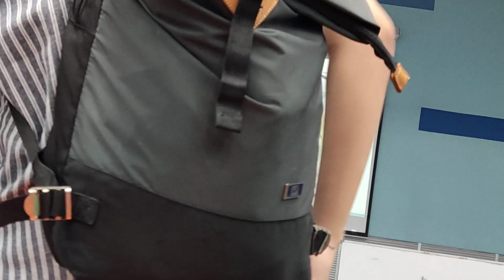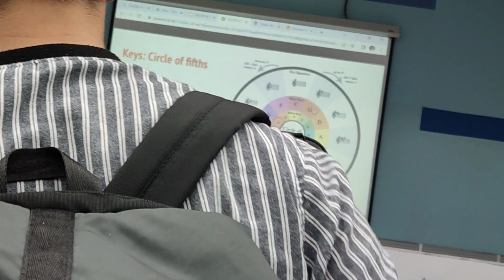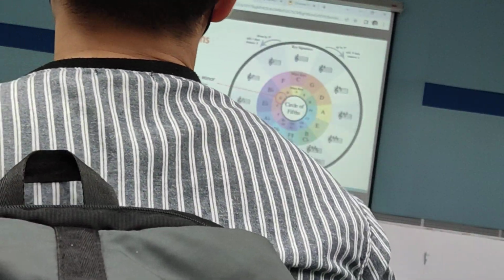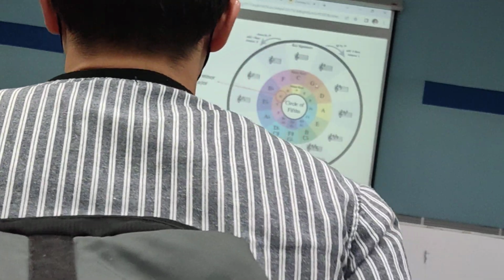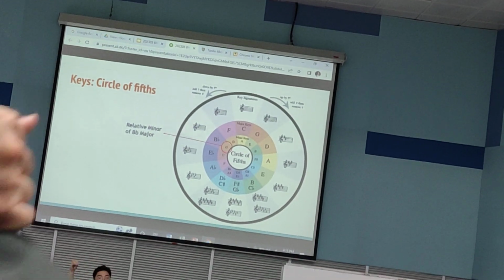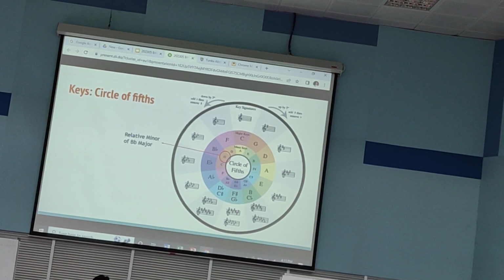Okay. Now if you calculate, the first one is C, and we go to the right-hand side, the next one is G. You go C, D, E, F, G. So it's 5 steps apart. And then we go from G to D: G, A, B, C, D. Another 5 steps apart. So that's why it's called a circle of fifths, because it always goes in 5 steps apart. Right? Then eventually it portrays the